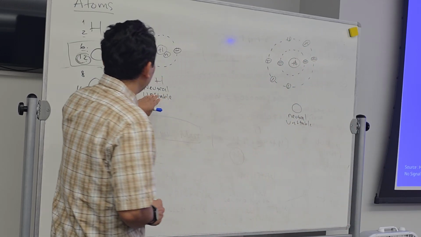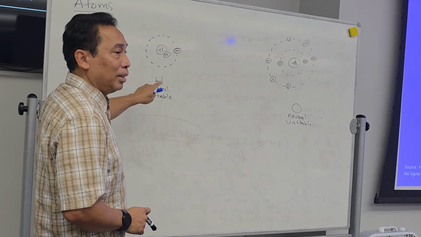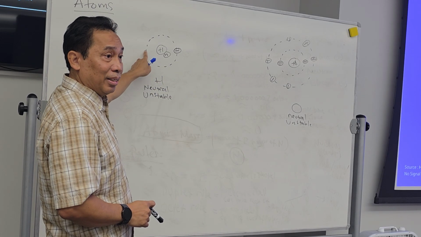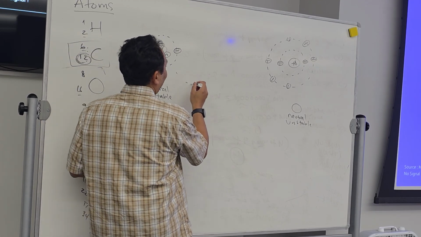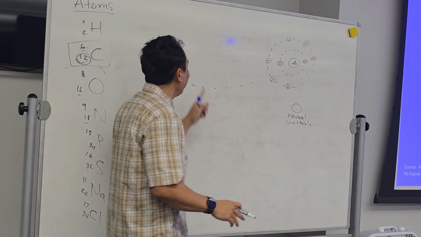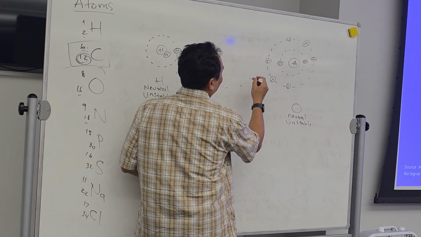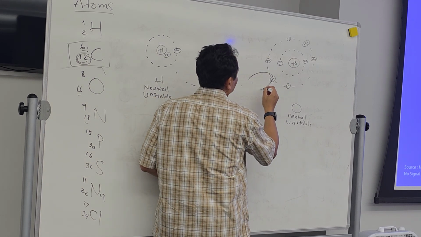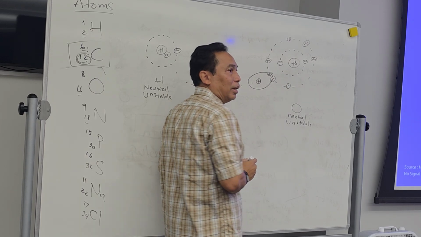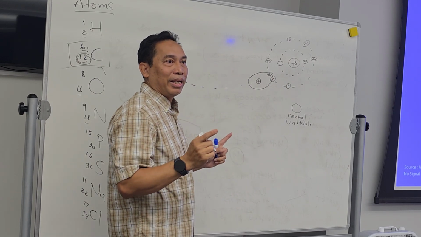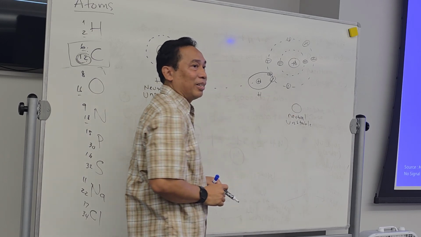Look at this one. This one is unstable. How to make it stable? Make it 2 over here, right? How to make it 2? This one will go in here. I want to get a husband. Let's say this is a female, this is a male, right? So then what happens? We'll do it like this. +1, and this is her negative over there. Can you follow this? So this is hydrogen with 1 oxygen.